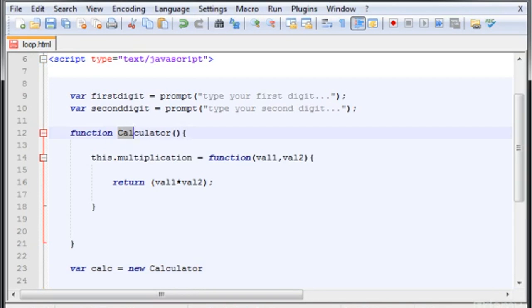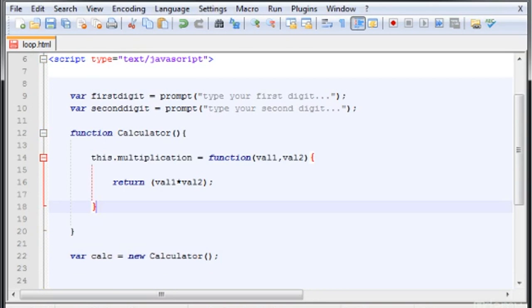Okay, here calculator and parentheses, of course, and the object is now created. The function, I designated directly the multiplication property, which is a function that will return the multiplication of the two parameters. Now the parameters need a value, and I'm going to do alert